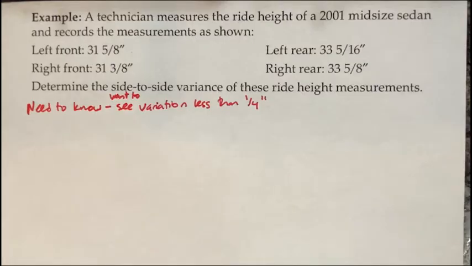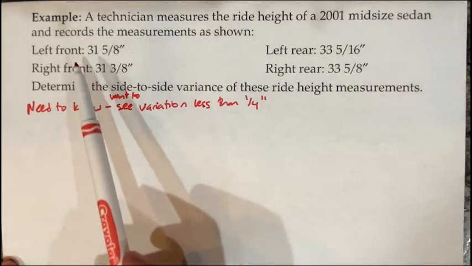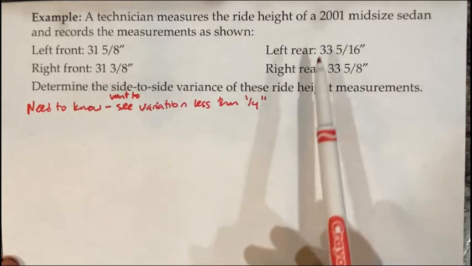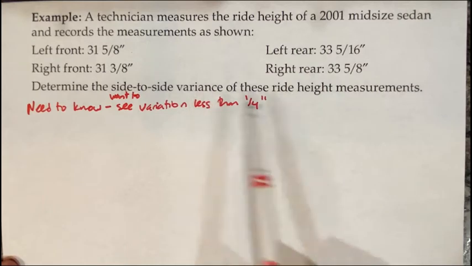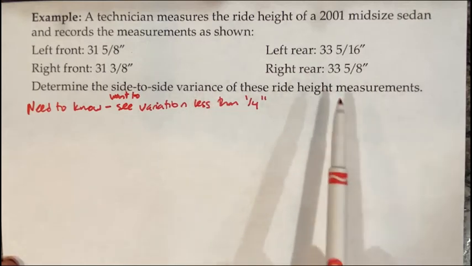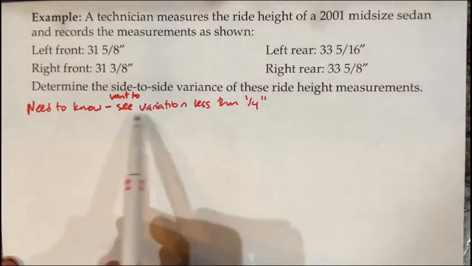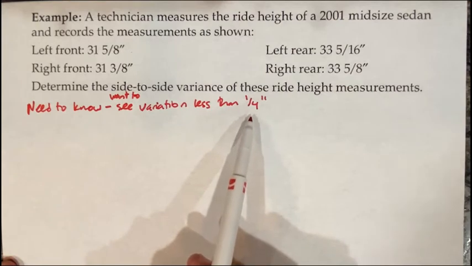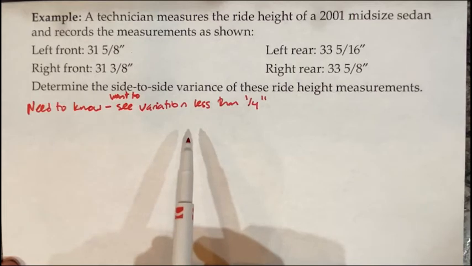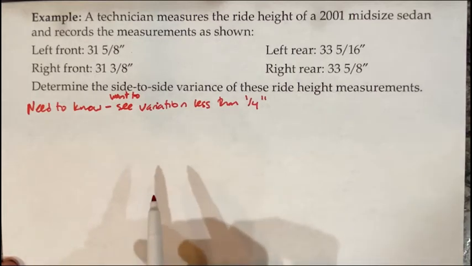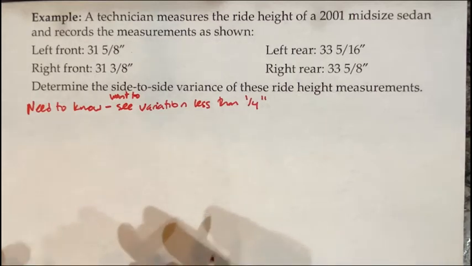So for our ride height measurement example, we're actually going to be looking at the difference between the left and right front and left and right rear ride heights to see the variance in the ride height measurements. The reason is because we want to see a variation of less than a quarter inch. More than a quarter inch means that we probably have a suspension problem on our hands. And so what we want to do is just verify by measurement that we're seeing less than that amount